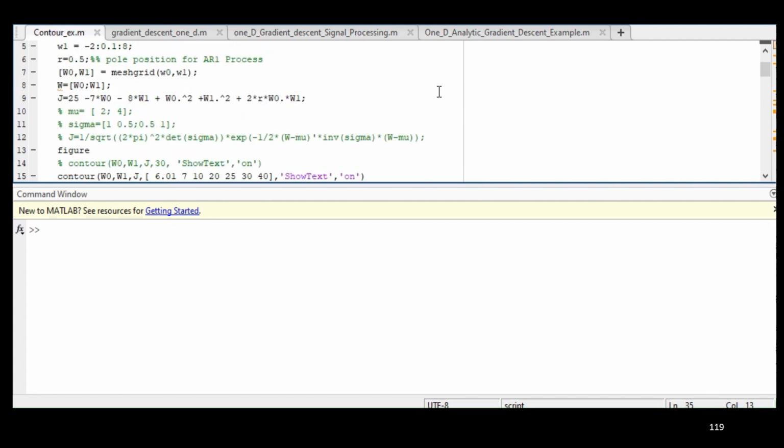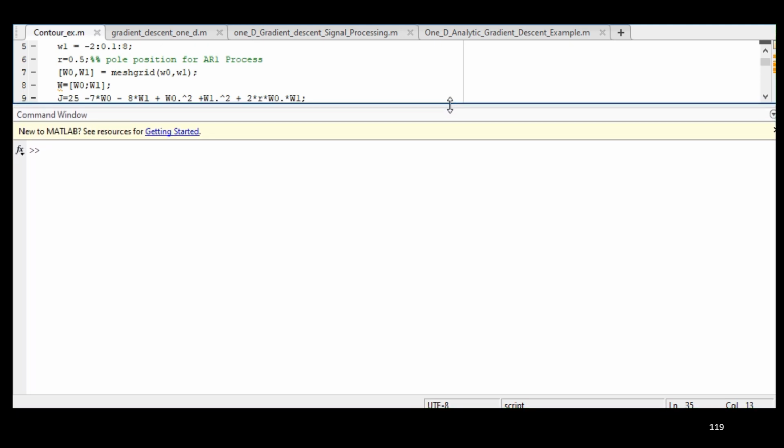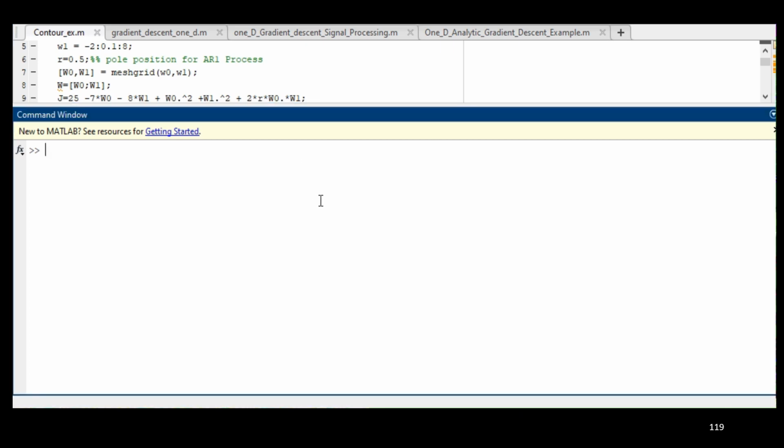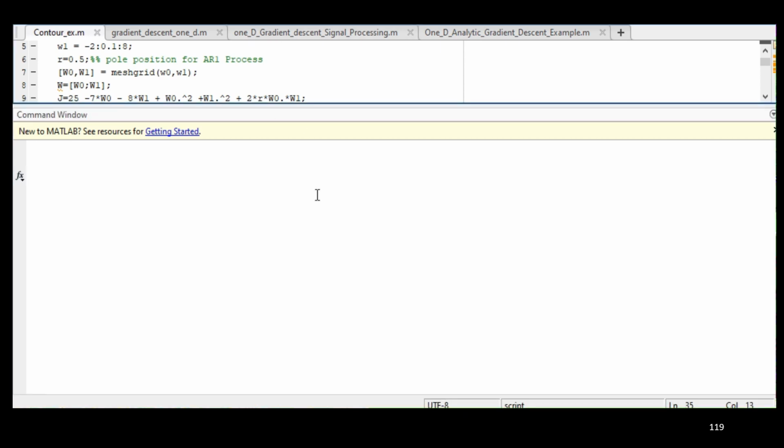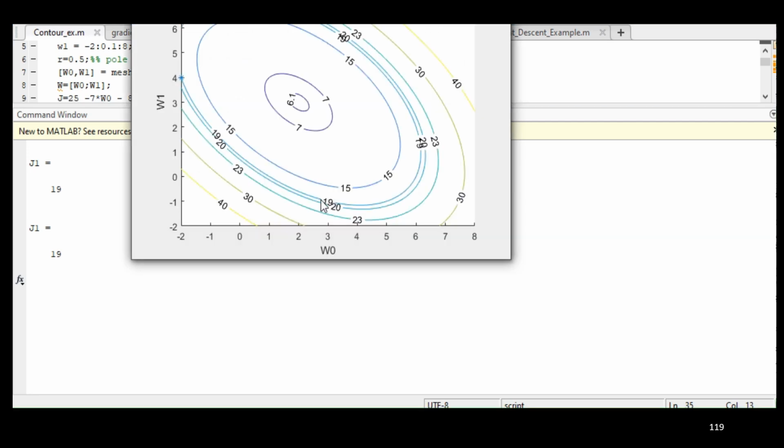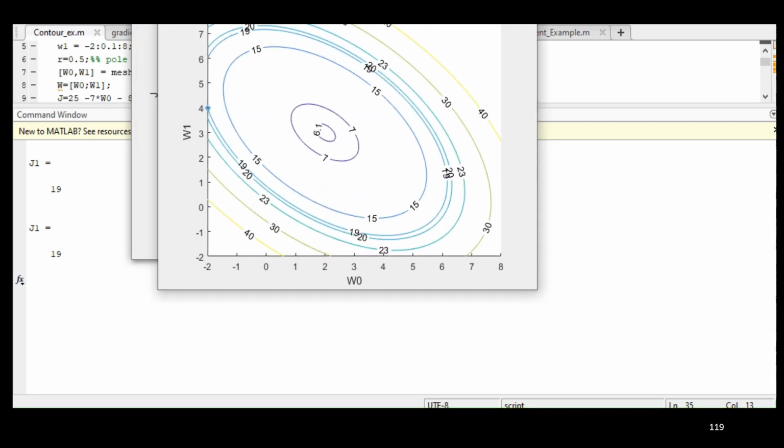So the contour plot will be introduced. The meaning of contour plots, that concept I have already given in my previous lectures, you can go through that. Here I will draw the contour plots for my cost function. So this is the cost function J, two-dimensional, w0, w1. So these are the contour plots,